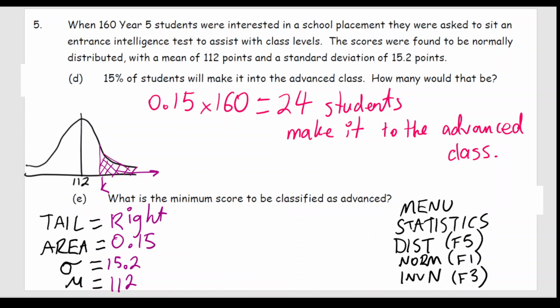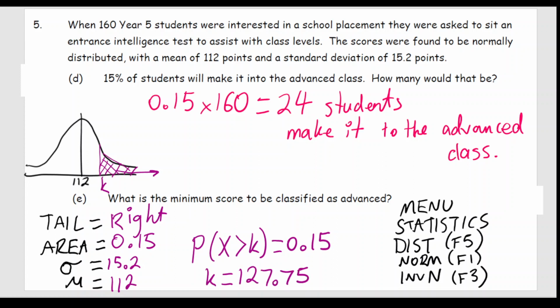If we're writing a probability statement about this, we would be saying that probability of x being greater than k is equal to 0.15. As you can potentially see, this k is the value that we're searching for, but we can't just rearrange this equation. That's why we're using this inverse normal function. So we're going to plug that into our calculator. The tail's to the right, the area is 0.15, standard deviation 15.2, and our mean is 112. That's going to give us the value of k. On your calculator, it will say XINV, and it's going to give us